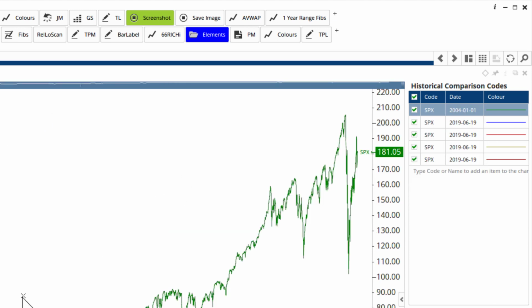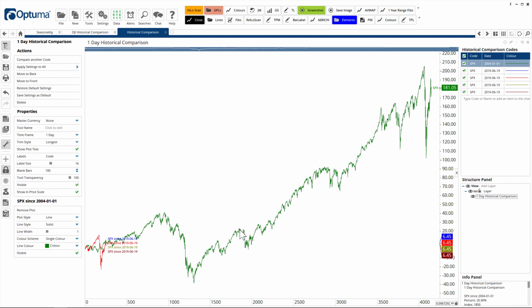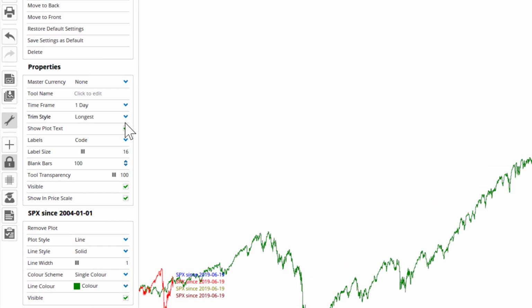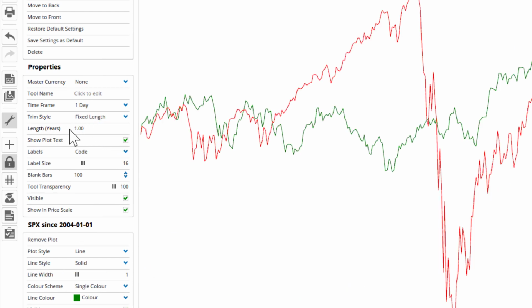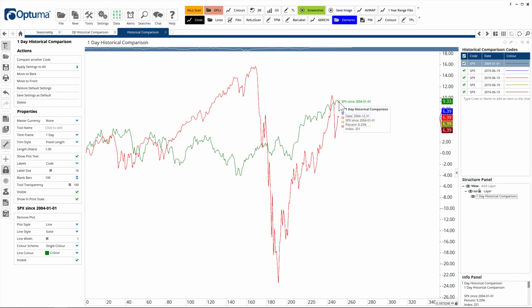Now you'll see that it's starting that green line on that date going to the current day. We don't really want that. We only want to look at the year. So I'm going to click on the green line, change the trim style to fixed length, and it's automatically set to 1 year. So now the green line is the 2004 performance for the SPX, and now I just have to change the others